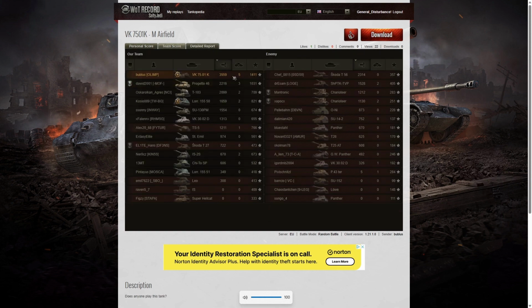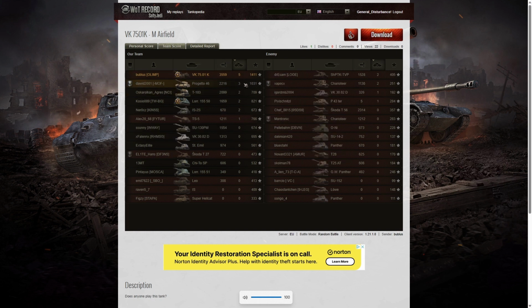Let's have a look at team score. Well, the highest damage was 3,559 hit points. The next highest scorer being the Skoda T56, who managed 2,314 on the enemy team. And then the Progetto 46 on our own team managed 2,216 hit points of damage. When it came to kills, yep, it's bublus again with 5 kills for him, 3 kills for the Progetto. 2 kills went to the T103 on his team, the Lorraine 15550, the IS-2 shielded, and on the enemy team, their Shrek and Charioteer both managed to get 2 kills,